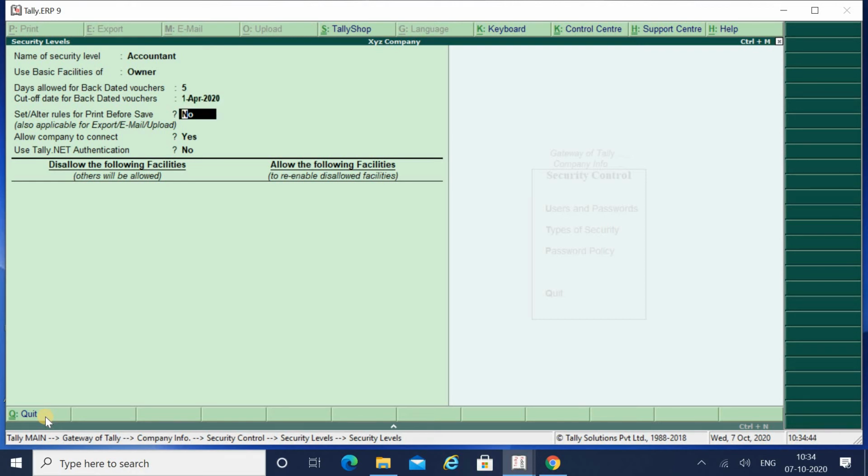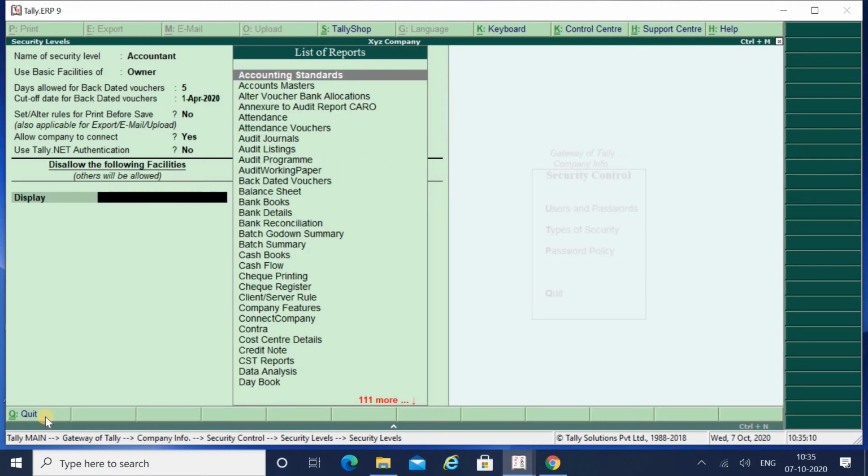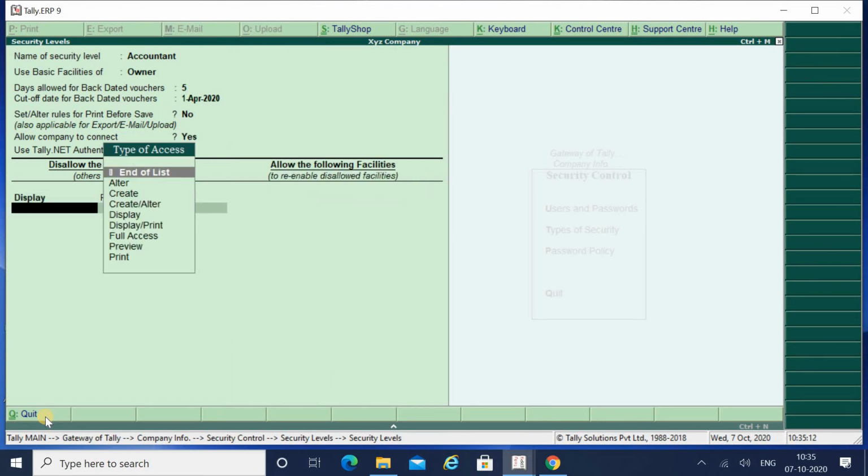Then set alter rules for print before save. Keep as it is, that means it should be no. Then allow to connect company, yes. Use tally.net authentication, say no, keep as it is. And then enter. Go to display, profit and loss account.